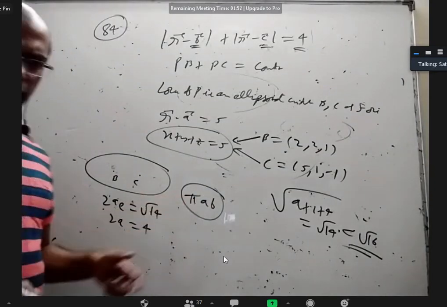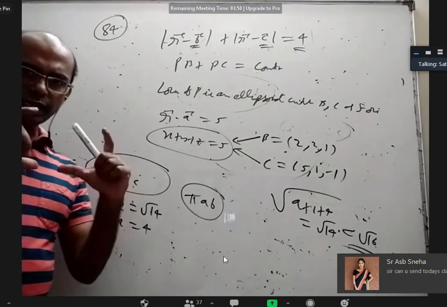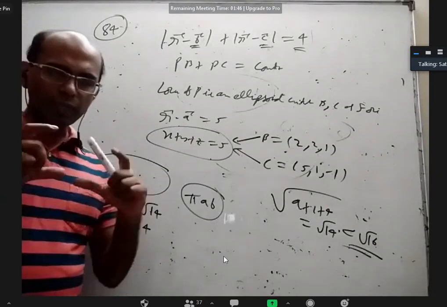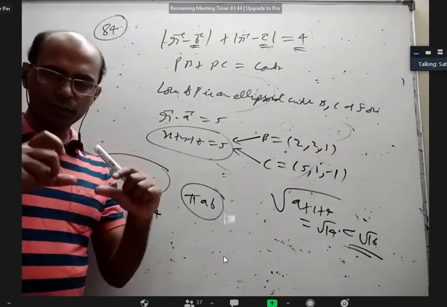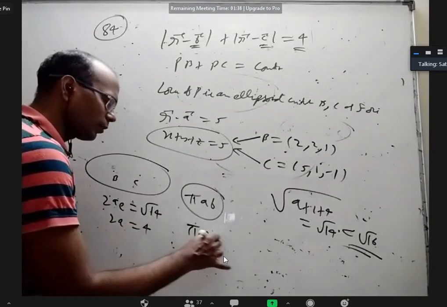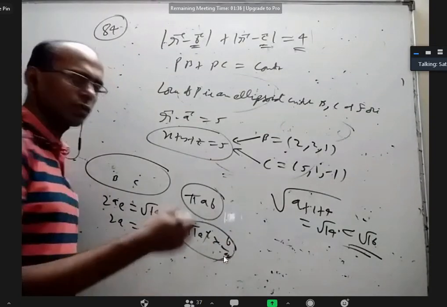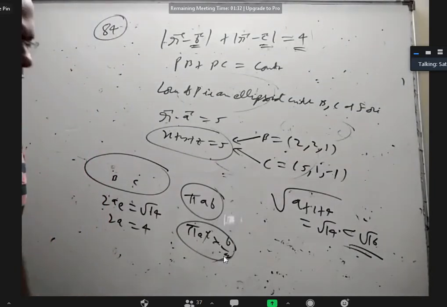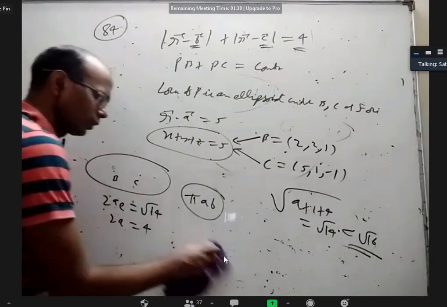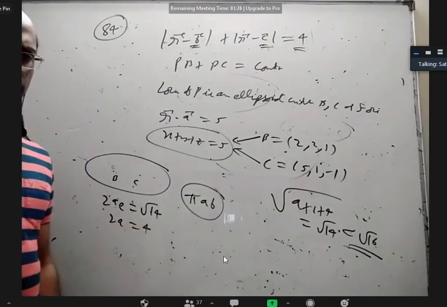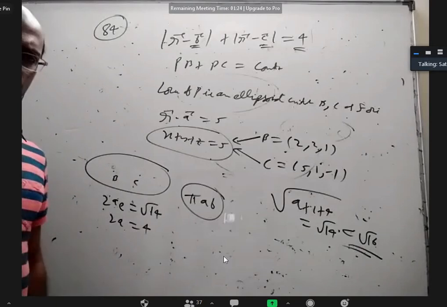In integration, we'll derive it, but I said how you take a circle and compress it with ratio B by A, you'll get an ellipse, right? Yes, sir. So you take pi A square area, multiply with B by A, cancel, you'll get pi AB. That is one way to derive. In fact, this is the Archimedes way of deriving the area of an ellipse. And with integration also we can get this, not a big deal. We'll get a very simple integration, nothing complicated.